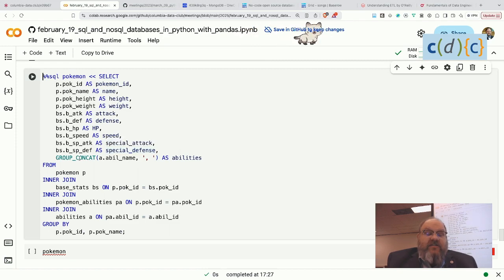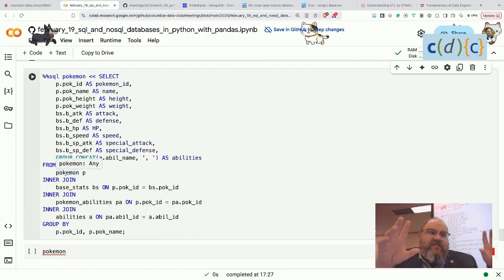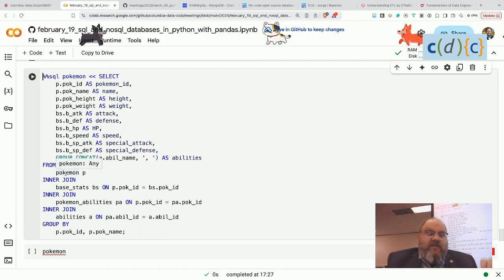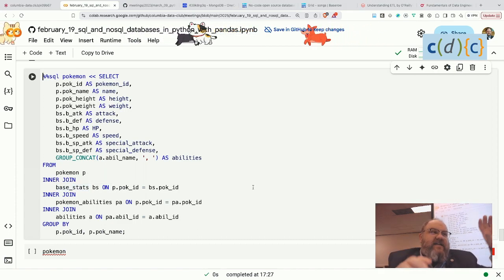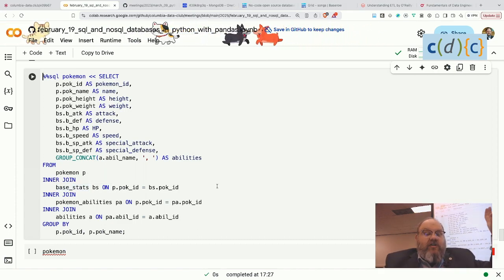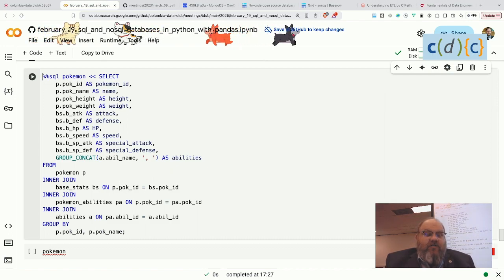And then it takes its abilities and concatenates them into a comma-separated list. So you can see that the main table it's looking at is the Pokemon table. But then it also looks at the base stats table, the same way as earlier, except this is a slightly more terse